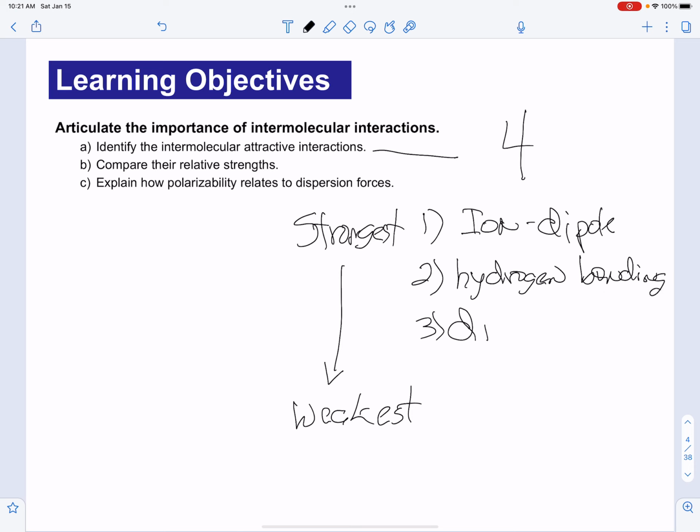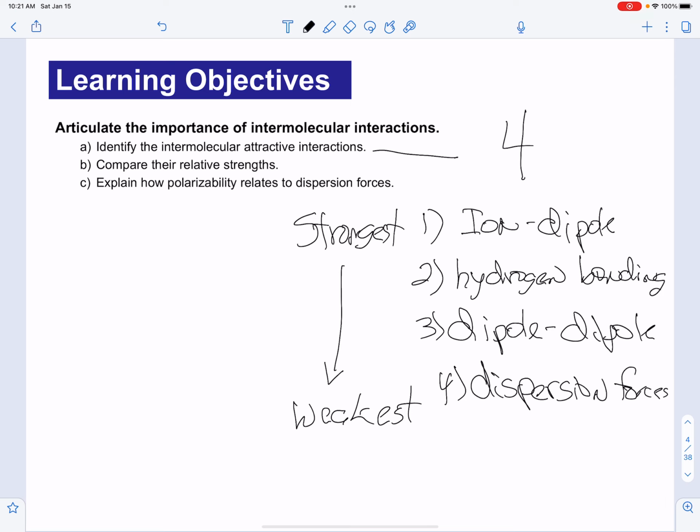Third one is going to be dipole. And the last one is going to be dispersion forces. These two combined, we call these the van der Waals